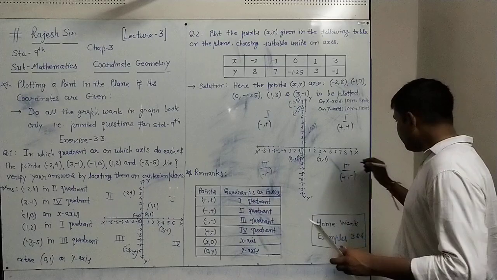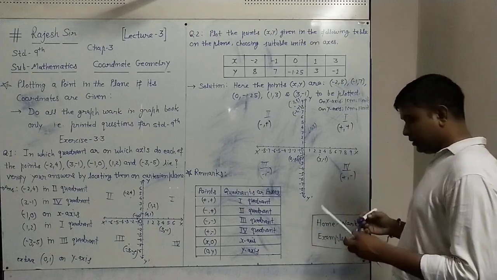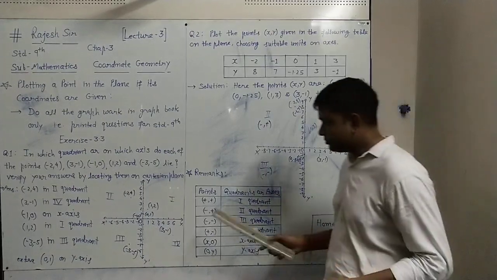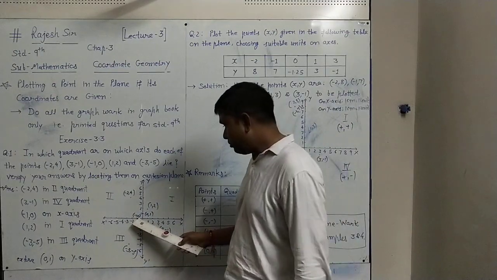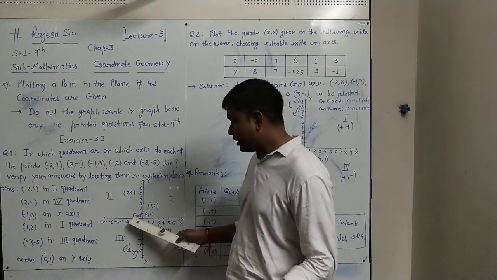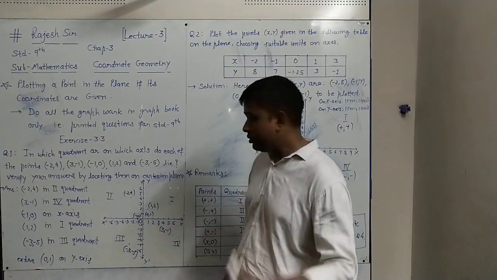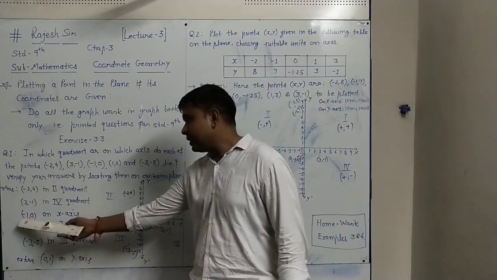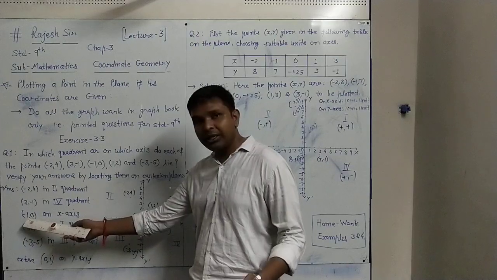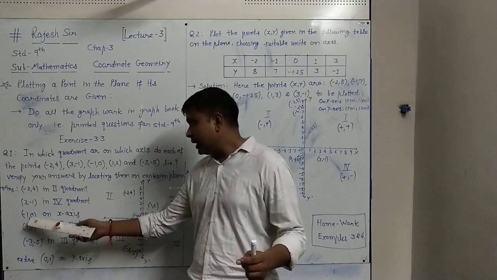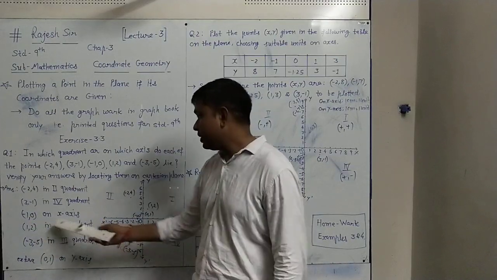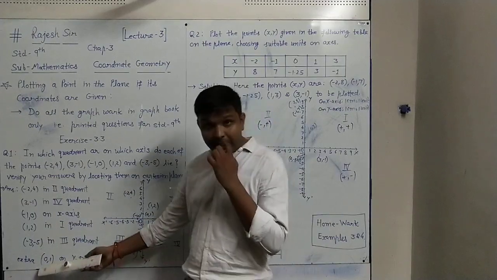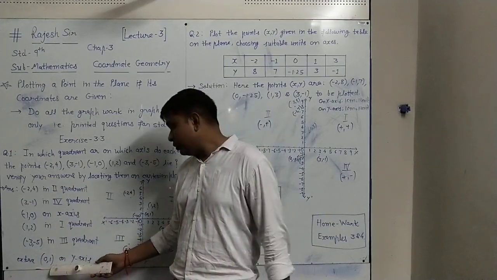Now you see that a point like (-1, 0) has some x coordinate but y coordinate 0, so it comes on the x axis. So we have written here that on the x axis, the x coordinate is something non-zero and the y coordinate is 0, so it will come on the x axis. An extra point I have taken, that I told you to do.